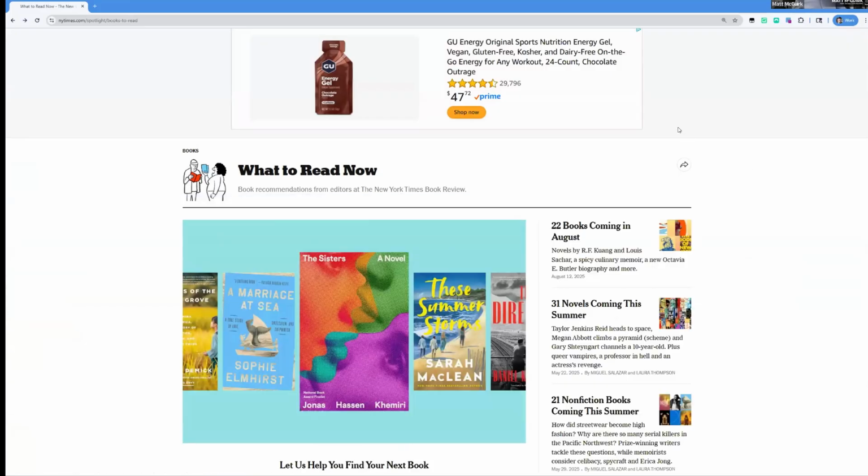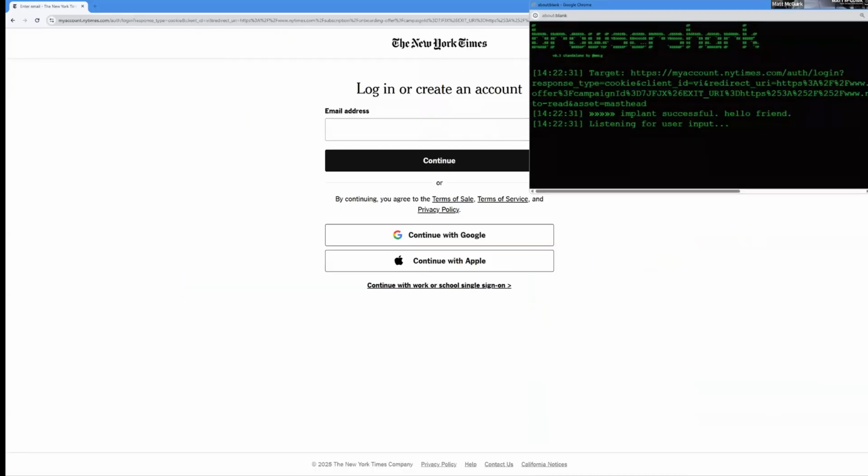So what I want to show you is a simulation of an attack against this web page. If you recall that 1, 2, 3, 4 step-by-step that Ian showed a few moments ago, we're going to assume that step 1 has occurred. Some part of this infrastructure was breached, one of those vendors supplying some of that code. That's the thought experiment. Of course, I haven't actually done anything to the New York Times here. I'm just simulating this by manipulating my network in the background. But that's the assumption: some kind of compromise has happened and now malicious code is running in my browser.